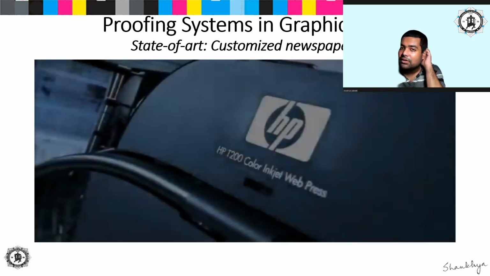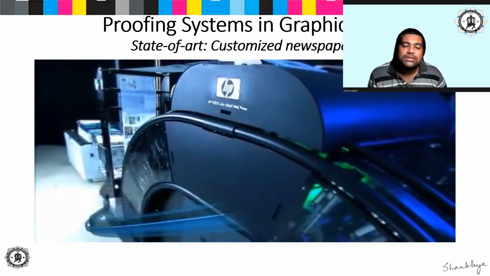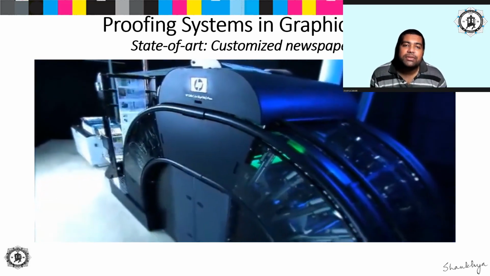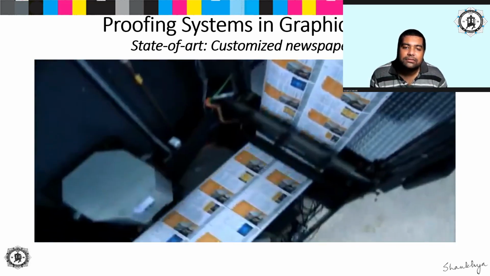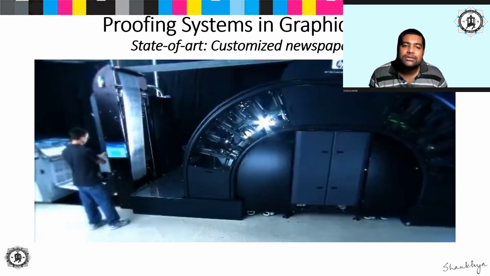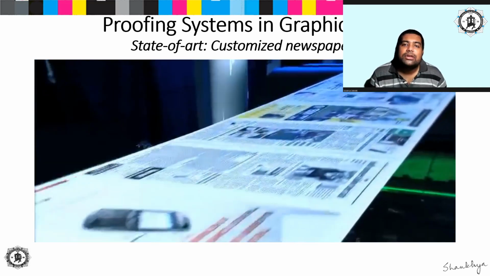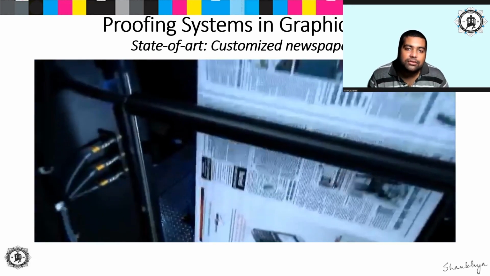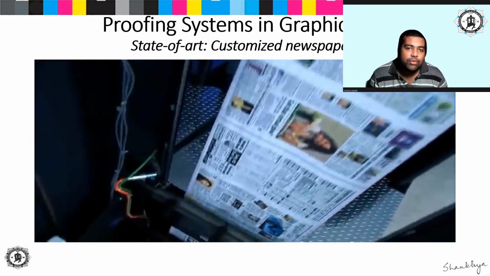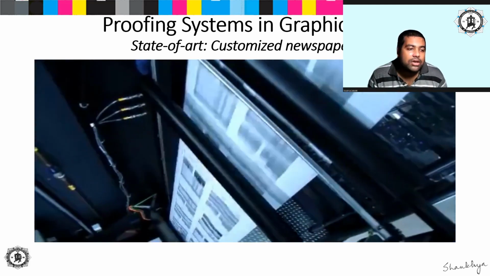The HP T200 Color Inkjet Web Press leverages HP's proven, very scalable technologies. It features a 20.5-inch or 520mm wide print zone, fast enough to meet tight deadlines, duplex at speeds up to 200 feet or 61 meters per minute in color, or an optional 400 feet per minute, and up to 400 feet or 122 meters per minute in mono. The digital front end